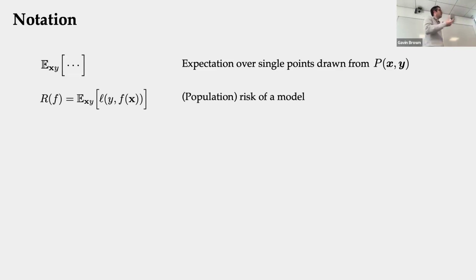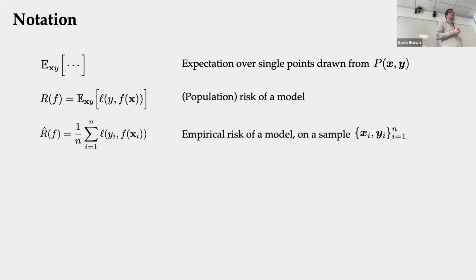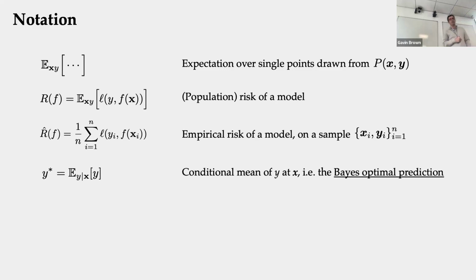population risk, or just the risk I'll refer to it, of a given model. So this L there is the loss of a model, in which the ordering of the arguments matters. So this could be an asymmetric loss function. Squared loss is symmetric, cross entropy is not. So this is the ultimate measure of performance of a model. We can also talk about the empirical risk, which is simply an approximation of that population risk on a finite data set. We can talk about the Bayes model, the Bayes optimal model, denoted Y star, which is in informal terms, the best you can possibly do for a given input. It's the optimal prediction.